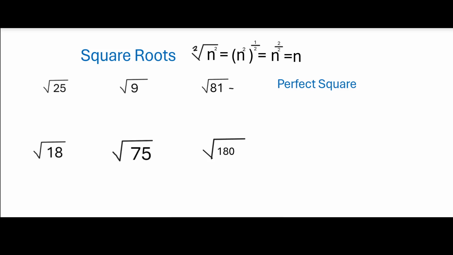Square roots. We're going to simplify square roots. Whenever we simplify square roots, this is the formula. This means that inside the square root, and by the way, we say a square root because the number outside is 2. We're just going to state it, a square root. We're never going to write it. That's the one that we use almost all the time. We're just going to say the name, a square root, and the number inside should be a number to